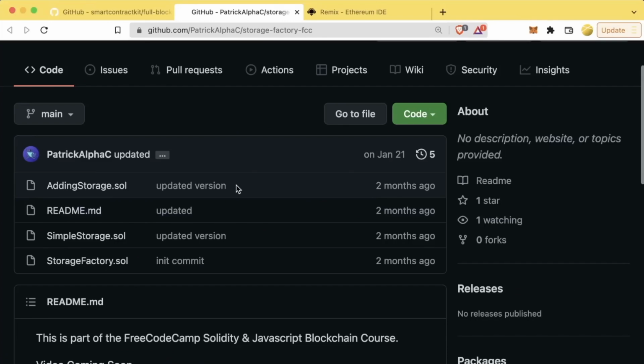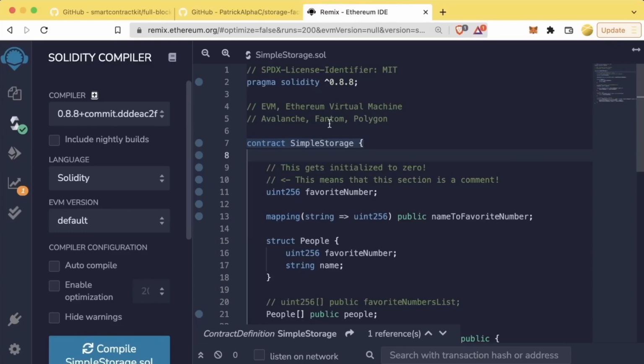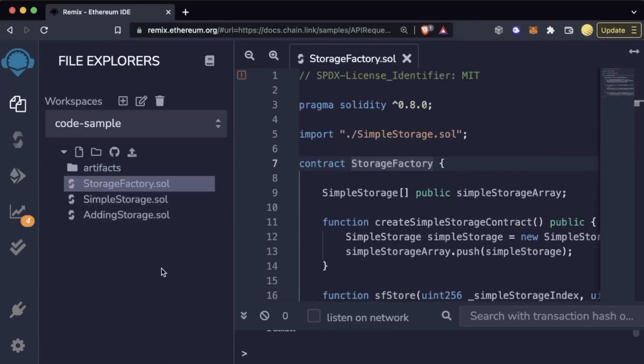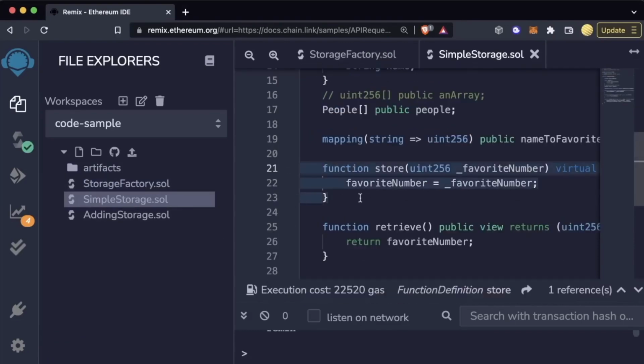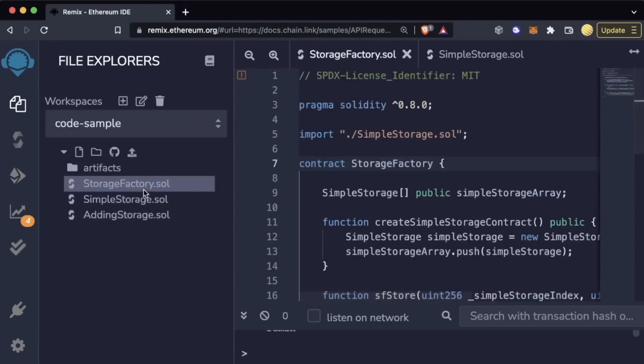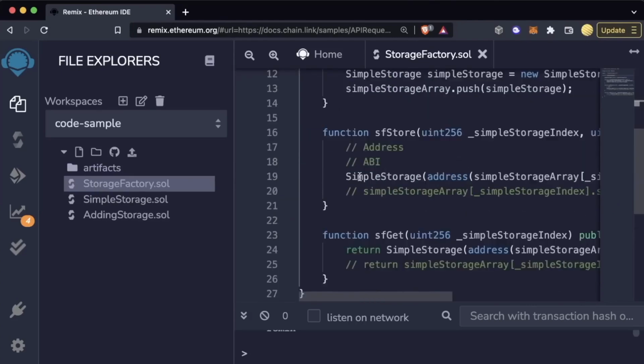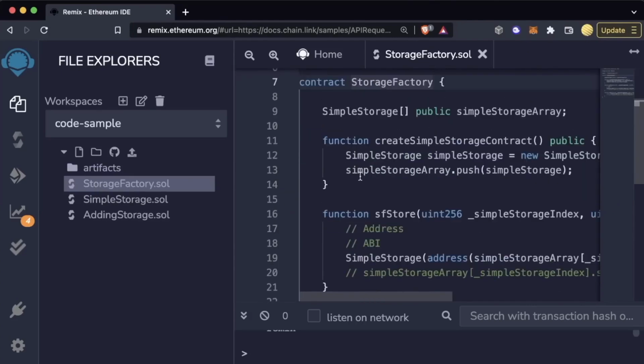I'm going to do a quick high-level walkthrough of what we're going to be building in this lesson. So you don't need to code right now, just sit back, watch, and enjoy. In this lesson, we're actually going to expand to having 3 different contracts. Let's say we want to be able to deploy simple storage contracts from a contract itself. Yes, contracts can indeed deploy contracts. We are going to create a contract called StorageFactory.sol that's going to be able to deploy and interact with other